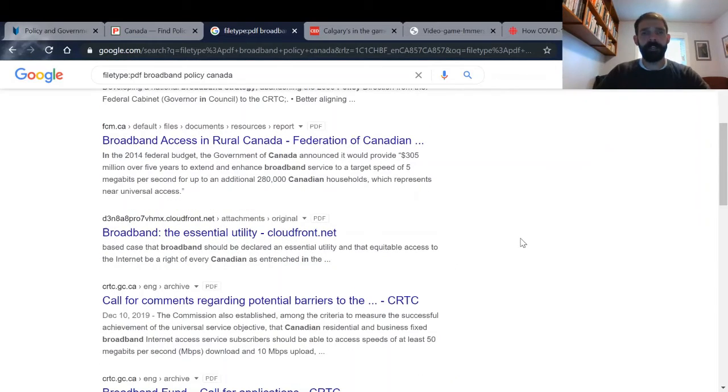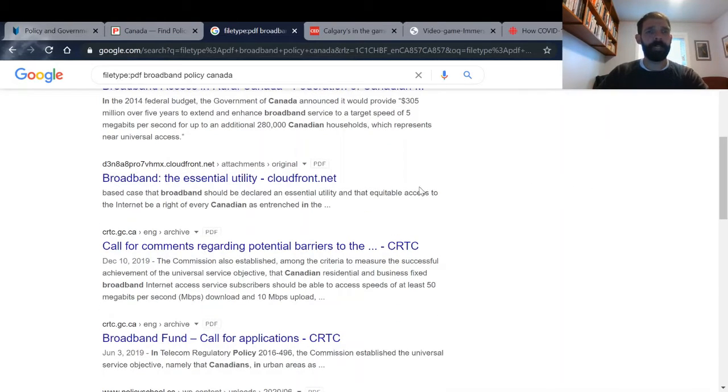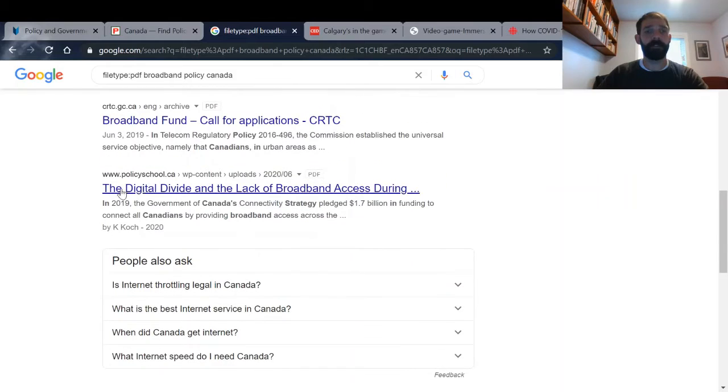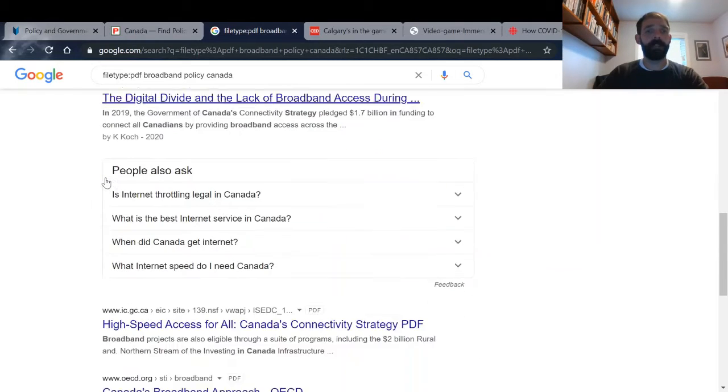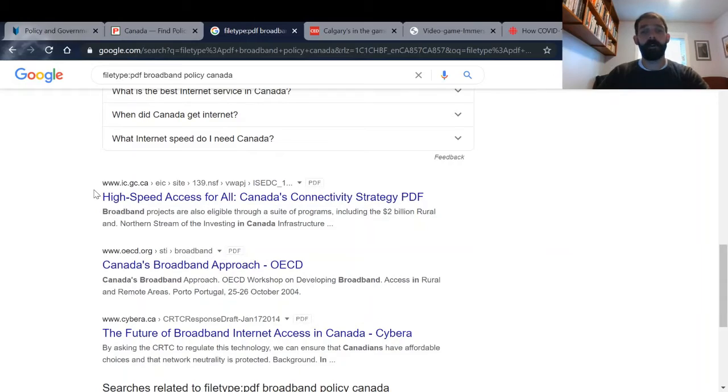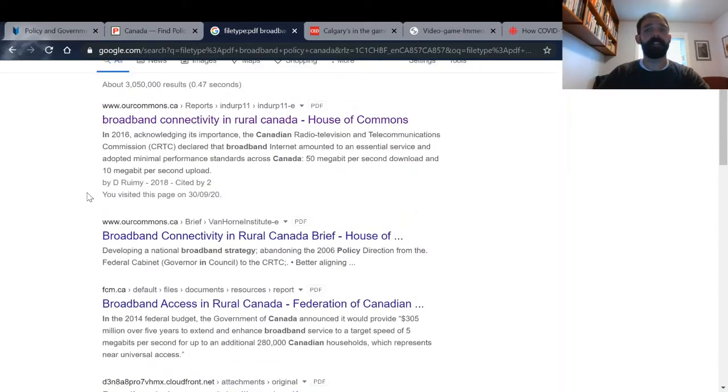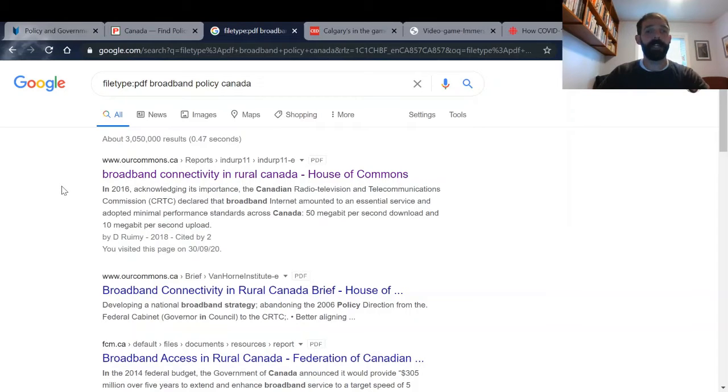So I think it's fairly evident, but just in case, the benefit of that is that most of these research reports and gray literature and other things come in a PDF format. They're reports. They're usually a little bit longer. So this is a really good way of narrowing down some of those other pieces of information that you might get from Google that aren't as helpful. These will be far more in depth. Of course, always pay attention to your source, and you'll see a lot of these are coming from government sources, as well as policy affiliated organizations and committees and things like that. So it's a really good way of narrowing down your search to get at those research reports.